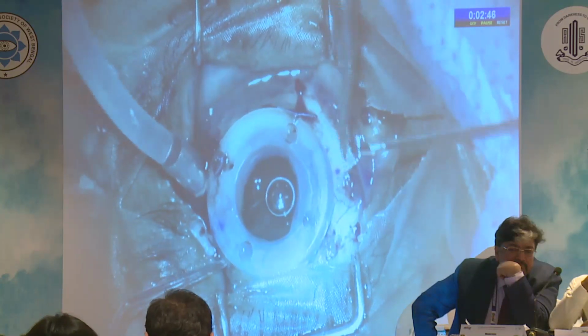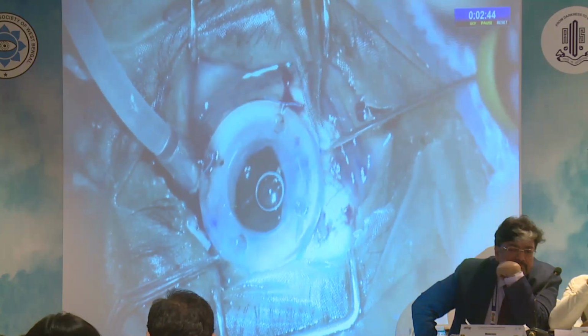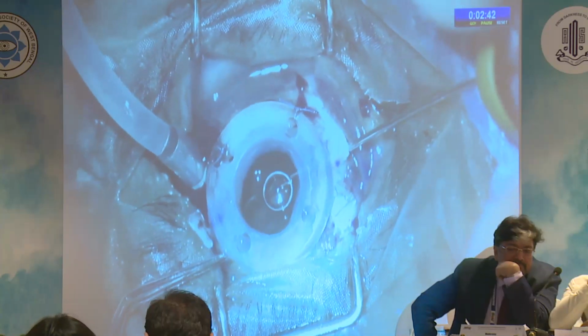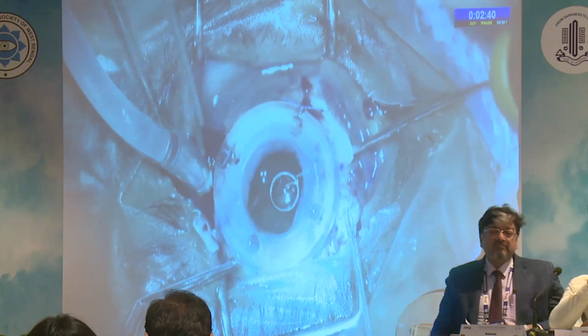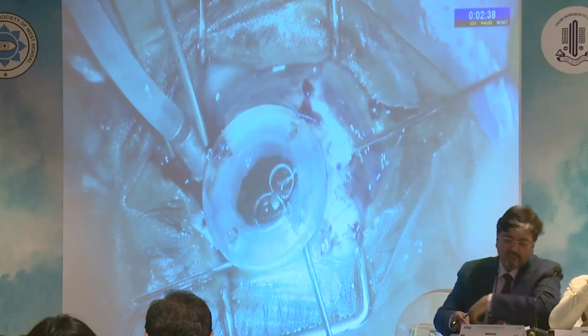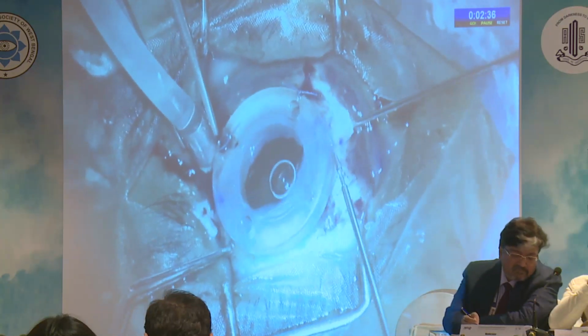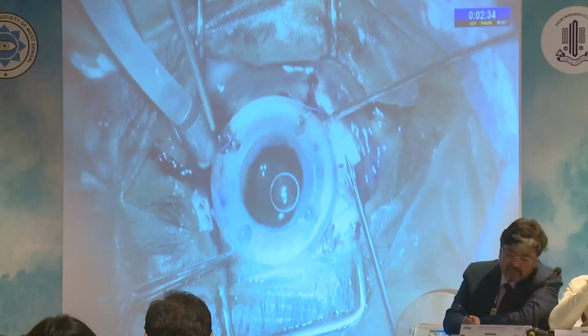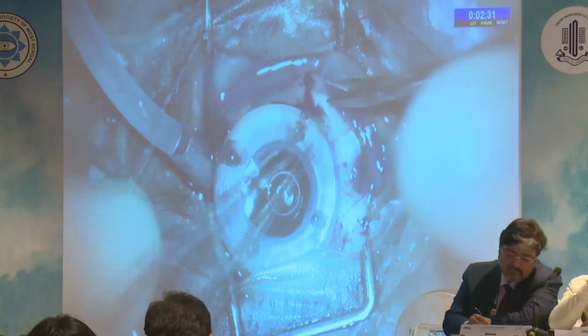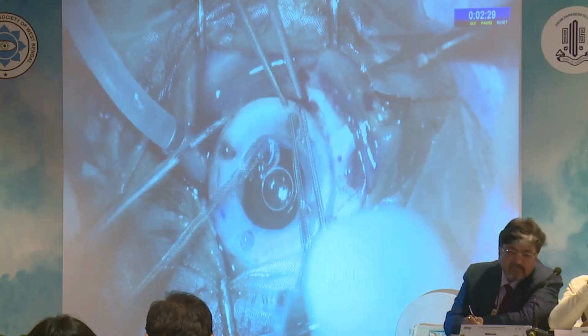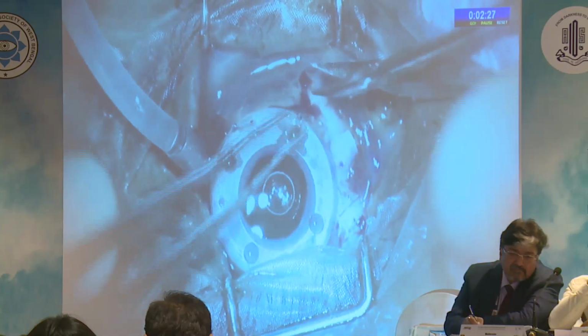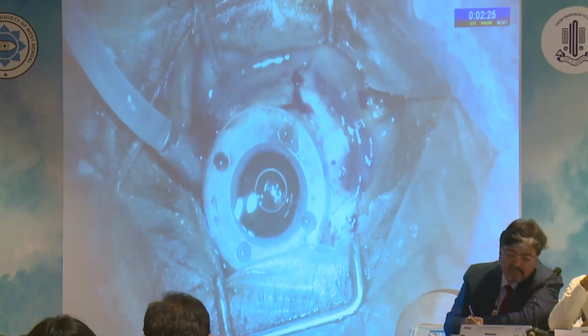Now the second trailing haptic of the multi-piece IOL is being exteriorized through a handshake technique. You can see that the air bubble is there, still we could easily manage taking out the trailing haptic. After the haptics are exteriorized, we are removing the temporary Cape Row,